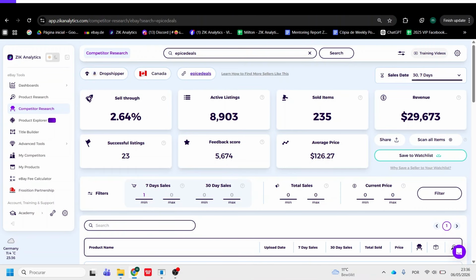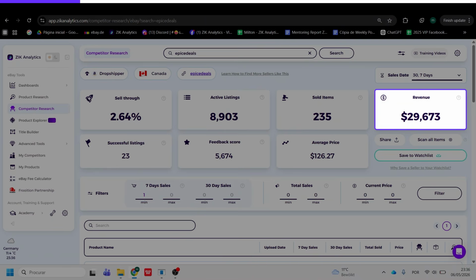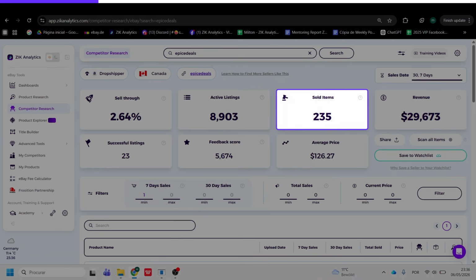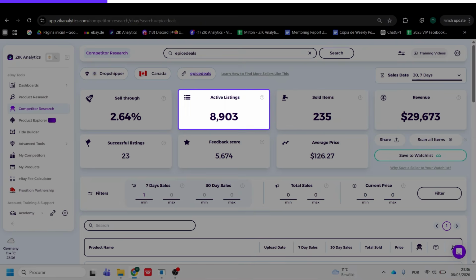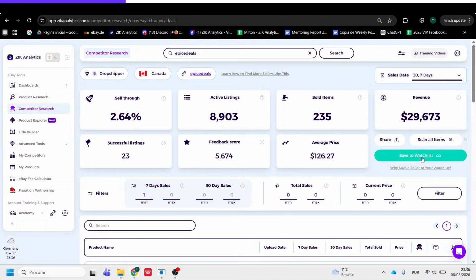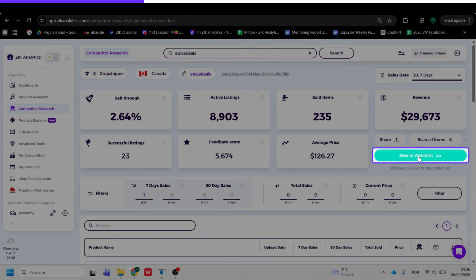So right here, we are inside the competitor's store in ZIK Analytics, okay? The first thing I'm doing is quickly checking if the seller fits the type of competitor that I'm looking for, okay? For example, are the products getting sales? Do the margins look good? Are the items consistent? Is this a seller that I can come back to later just for more products and snipe them? And if the answer is yes, then all you have to do is click right here,